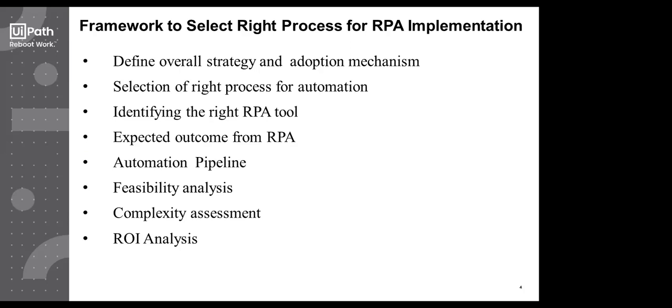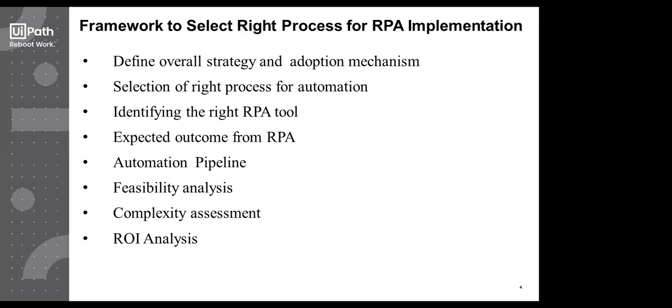If the process is rule based, then you can easily automate it. You set in the rules and the automation can be done. Though now this rule-based limitation is no more in the picture: even if intelligence is involved, you can still automate it, because now we have AI Fabric and we can train the model. Data archiving, data manipulation, and all these things which involve a lot of repetitive tasks can be automated. They are the best fit for RPA.